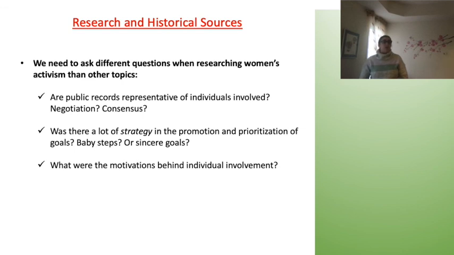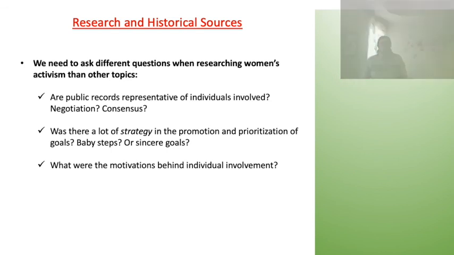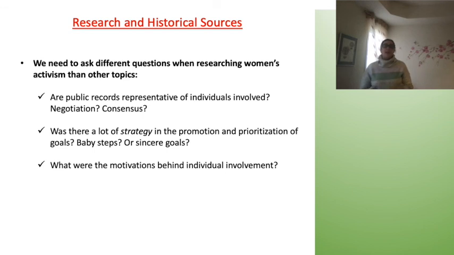And there's a lot of speculation about why people were motivated to come into these causes and again be active within them. All of these points continue to demonstrate that when we read or look at or analyze sources about activism and social movements, we need to do this in a really thoughtful way and not be fooled by the fact that there was a lot of evidence that was made public and created to explain a direct message. It doesn't necessarily answer all the questions that we're interested in as historians.